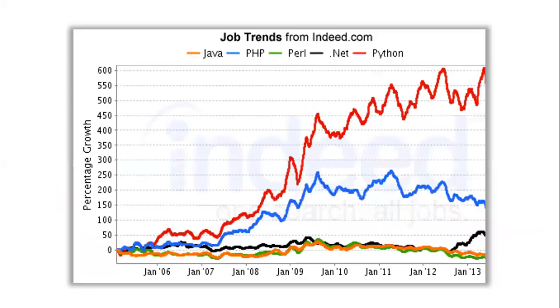And now, if you see this slide, why I used this slide is, this is the comparison of how the popularity of Python has been increasing from time to time. This slide was taken from Indeed.com, and according to Indeed, the rate of growth of the Python language is higher. Now Python is gaining more popularity than other languages, like .NET, Perl, PHP, and Java. That is why Python is becoming more popular.